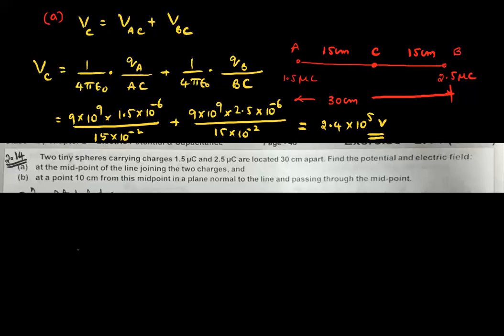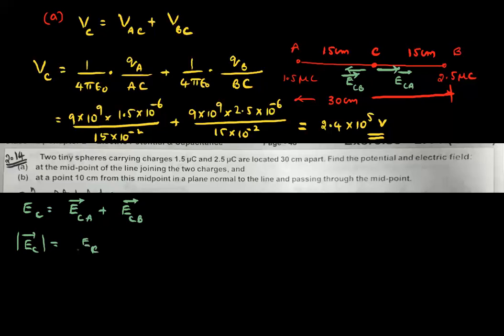Now, the second part. In this question itself, in part A itself, they're asking two things. At the midpoint of the line joining the two charges, they're asking the electric field at C also. Now, electric field at C means electric field at C due to A, along AC, A bar, plus electric field at C due to B, along AC, B bar. Now, let's indicate the directions. Here, both are positive charges. At C, ECA will act away from the charge and ECB also will act away from the charge. Since both are acting on the same line but opposite in direction, therefore mod of EC I can write as